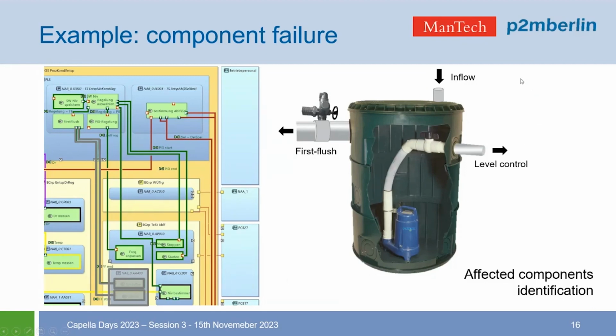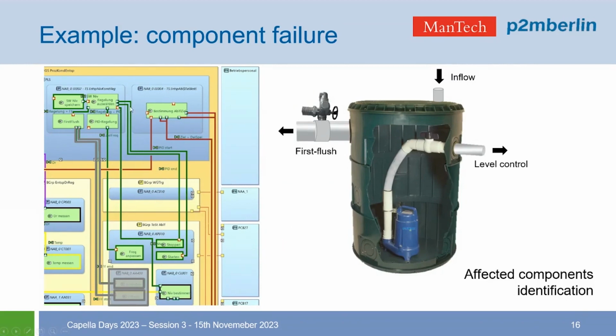The functional chain, which is represented in the green color, covers the subsystem, which is comprised by a tank, which hosts a pump and has a first flush system. This one is the valve that is failing in our example. The system works as follows. When the water level is higher than 90%, this valve opens and lets the first layer of the fluid, which is the dirtiest, flow out. And when the level reaches under 90%, then the pump will control the level through a PID level regulator.